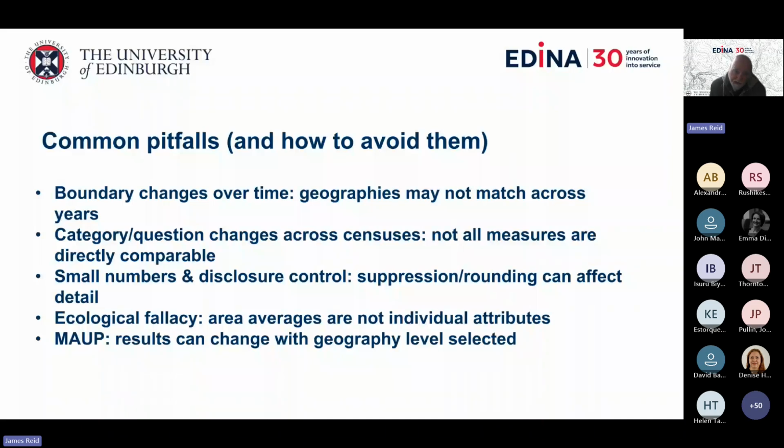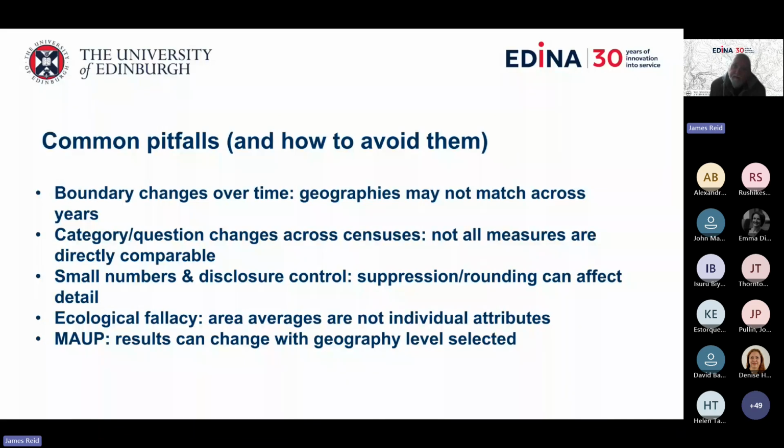The other thing that changes across time is the categories and the questions. And as I said before, that's because the census flexes with whatever is current and relevant to society at that particular point. So the census can change. Those categories are not directly comparable across time and also necessarily across space, because the categorizations can subtly change. The question may be similar, but the exact definition of it may slightly differ between